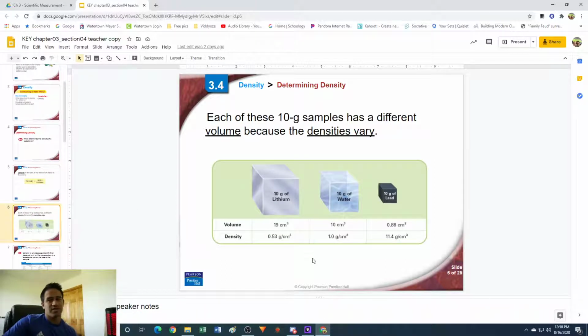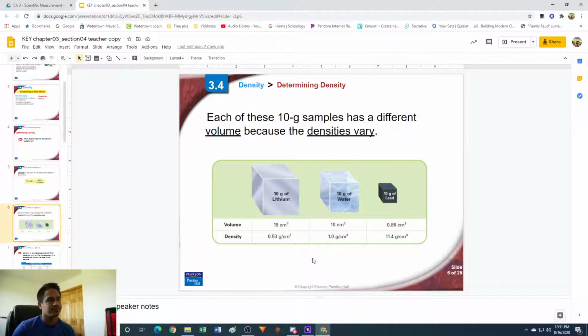Now the easiest way to think about density is it's how much matter is essentially compressed into a certain amount of space. So things that are very dense can be small with a lot of matter tightly packed in together, and things that are not dense may be very large, but there's a lot of space in between all the particles inside of them. So here it shows three examples of 10